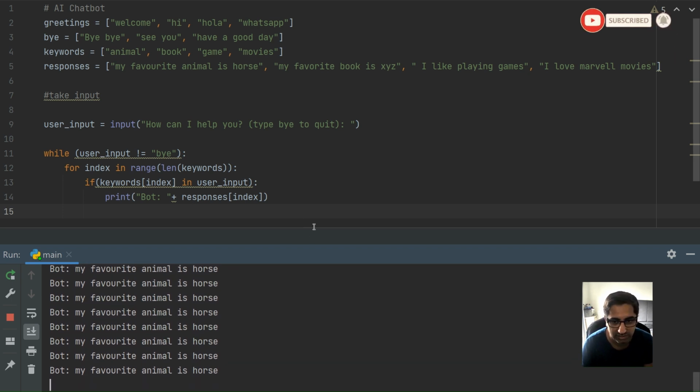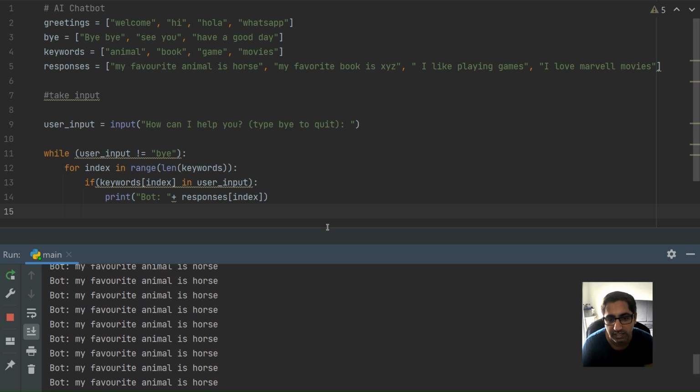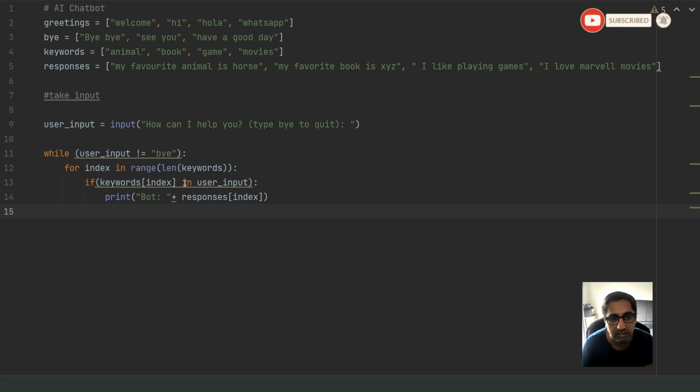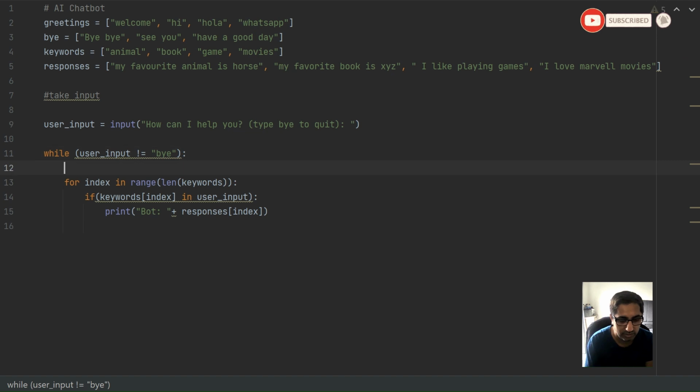So we have to fix this issue, right? So how can we fix this issue? We can add multiple more. If the keyword is found or not found, we have to add that logic into our program. So here I will add keyword found